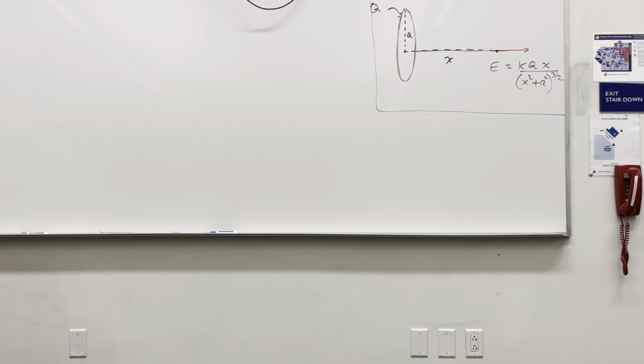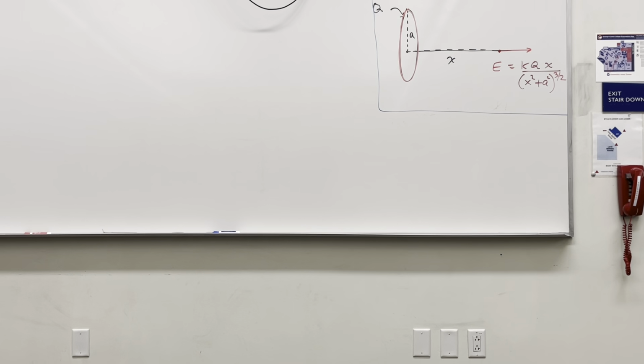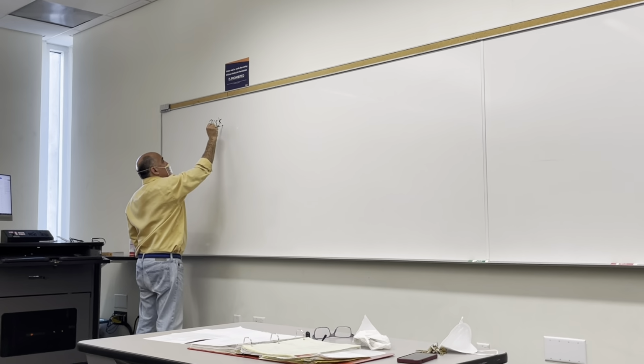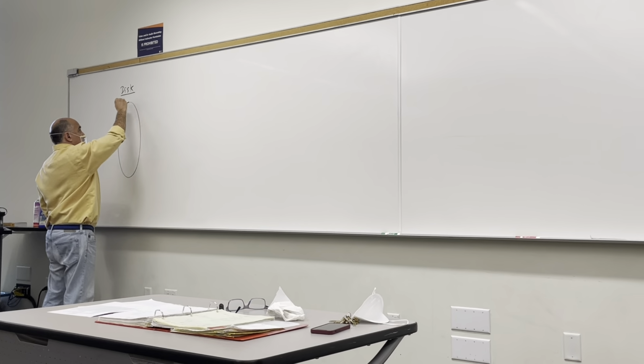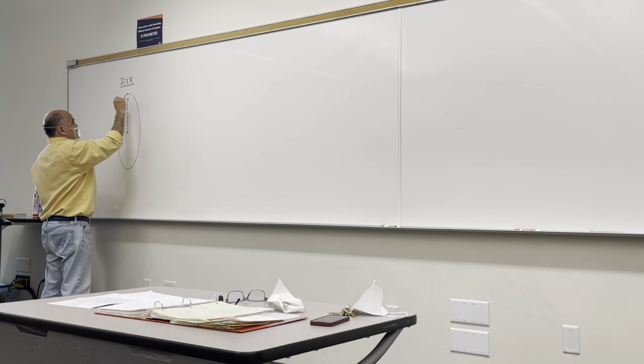So then, what about the disk? The disk is this. The radius of it, I'm going to give it A. But this is a disk, right? And this is X. And the total charge on this is plus Q. Right? Notice, this plus Q is the total charge on the surface of the disk. It is not the charge on the ring. Right? Here, A,